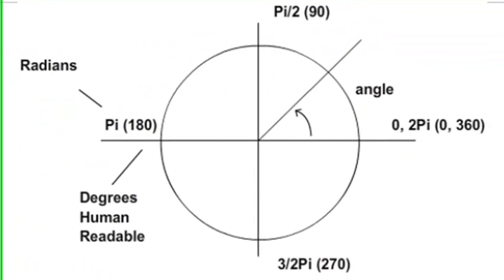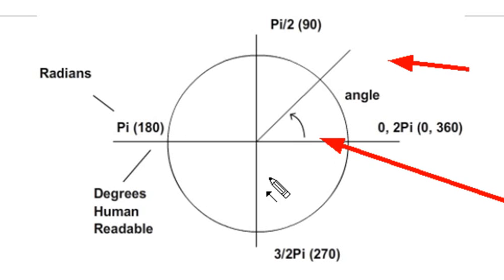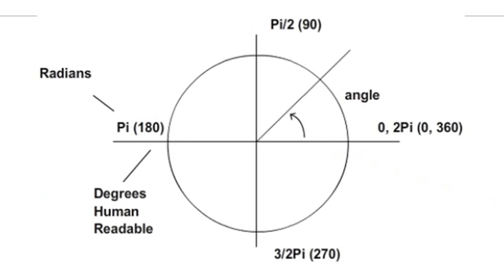It all starts with the unit circle. Let's take a look at a circle. In a circle you have an angle. As this little ray traverses around the circle, you create degrees. There are two types of angle quantities: radians and degrees. Degrees is what I call human readable. You start with a circle, you have 0 degrees, you go around to 90 degrees right here, then 180 degrees, 270 degrees, and 0 or 360 degrees all the way